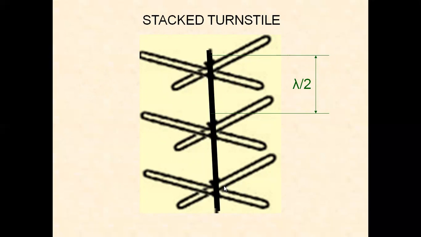If you want to increase the directivity further, then we can place another turnstile antenna stacked over here, and hence a number of turnstile antennas are placed one over the other with the spacing equal to lambda by 2. We are getting the stacked turnstile antenna. Thereby we can radiate a maximum amount of power in a directional pattern to increase the directivity, so that users at a long distance can also receive the signal properly.